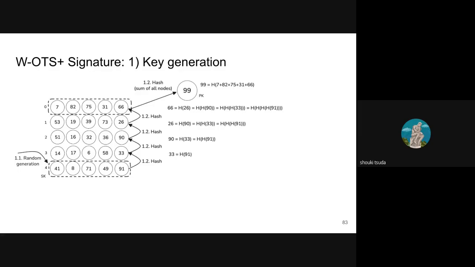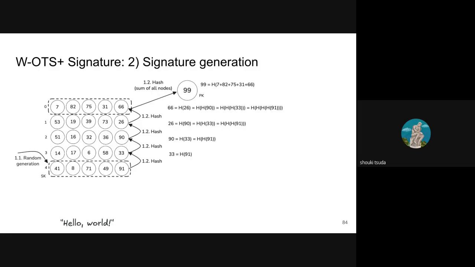And we had 7, 82, 75, 31, and 66. After we got these numbers, we can combine them and put them into the hash function, and we got 99 as a public key. So here is what the signature setup does.